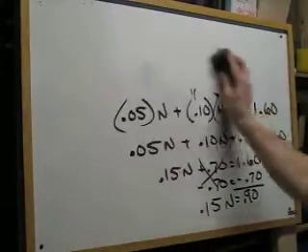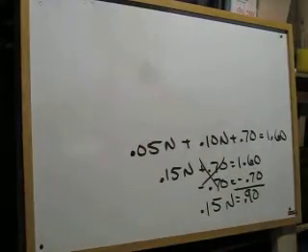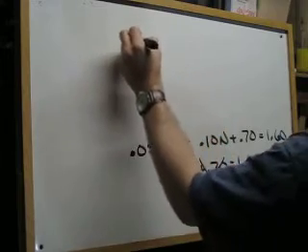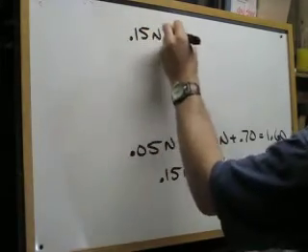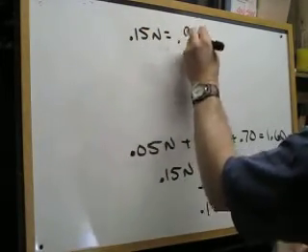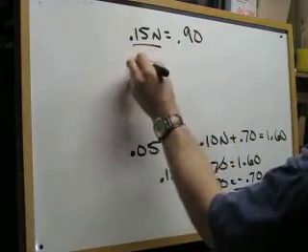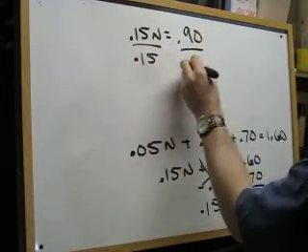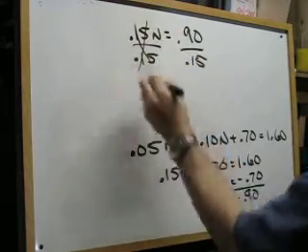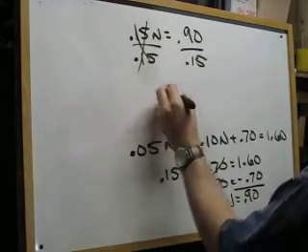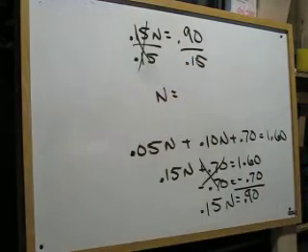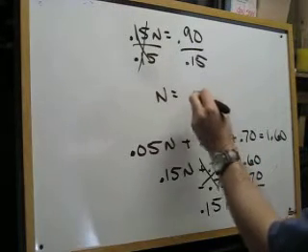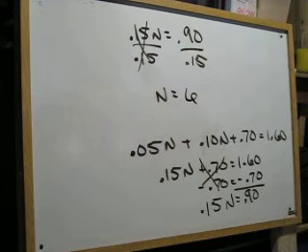Alright, let me erase some up here so that we can continue on. Let me rewrite that up here. 0.15N equals 0.9. Now I'm dividing both sides by 0.15. Those go away. So N equals 0.9 divided by 0.15. And that is 6. Now we're not done yet, because if you look at the problem, it says how many